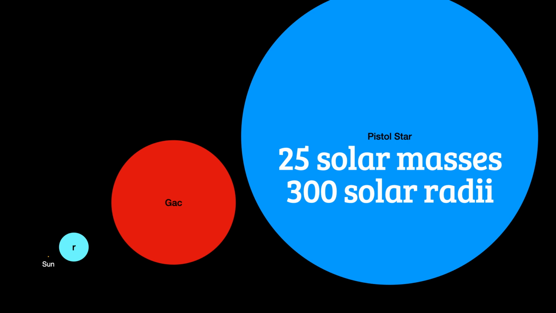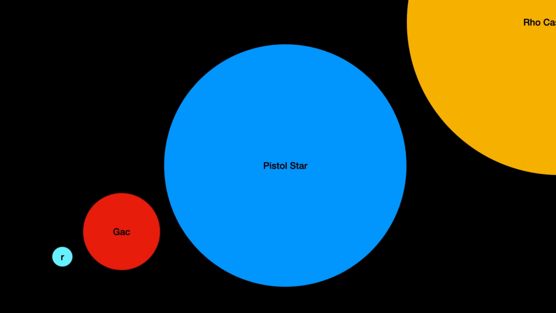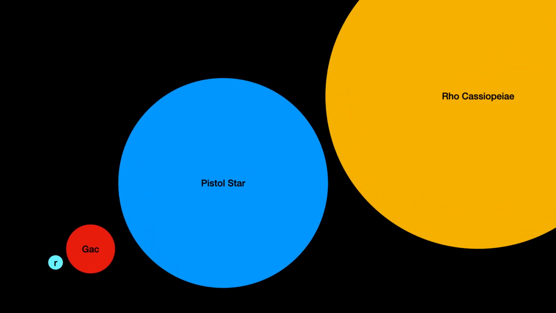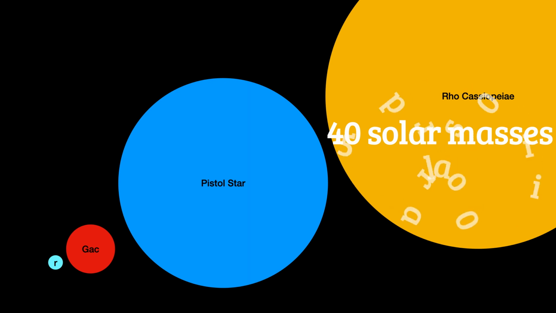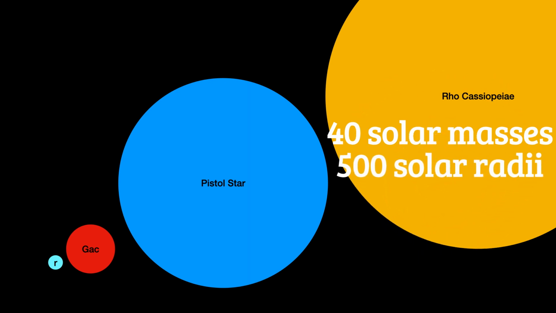Let's go to a bigger type of star called a yellow hypergiant. The most well-studied yellow hypergiant is called Rho Cassiopeiae. Rho Cassiopeiae is a star so bright that it can basically be seen with the naked eye even though it's thousands of light years away. At 40 solar masses, it is about 500 times the radius of the sun, and is about